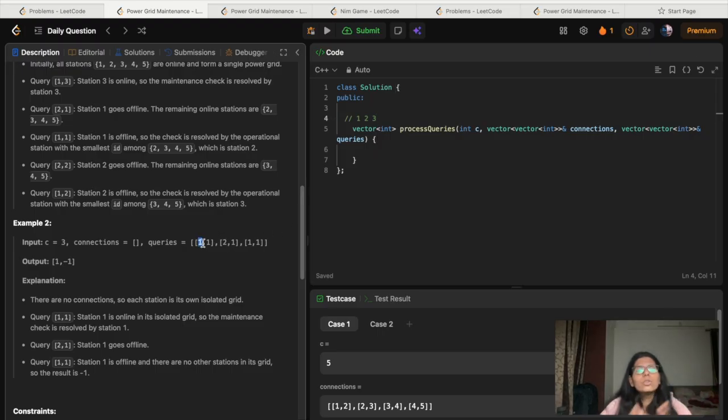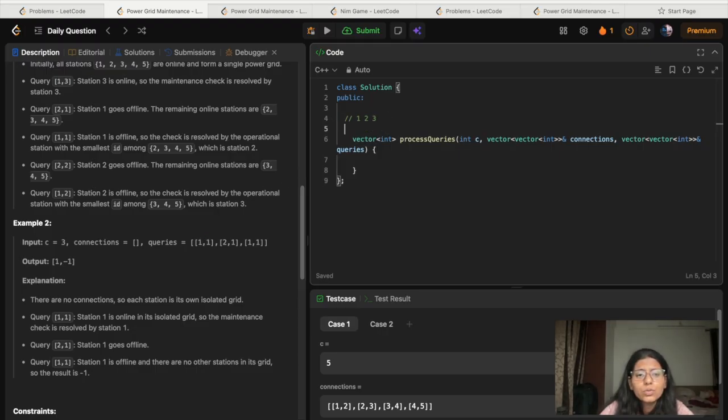So when we go for the query 1 1, this means 1 is maintenance, we are asking for a maintenance request to node 1, and it will get fulfilled by 1 only. Then query 2 1 means make that node offline. They didn't say that an offline node becomes online again, so basically we can delete that node from the graph, because there is no use of it now.